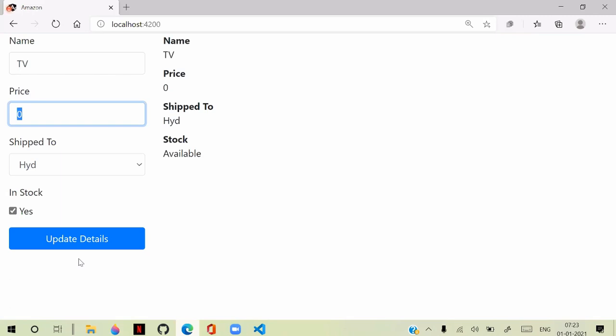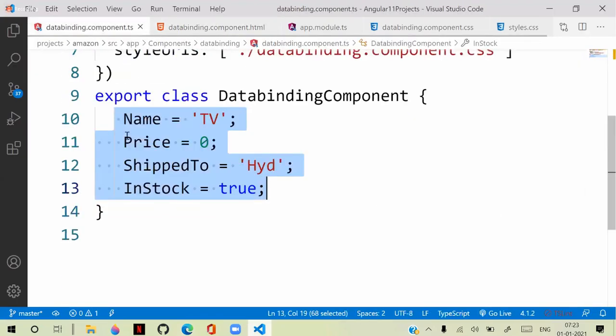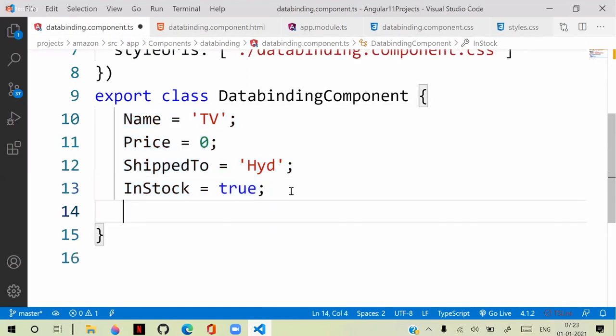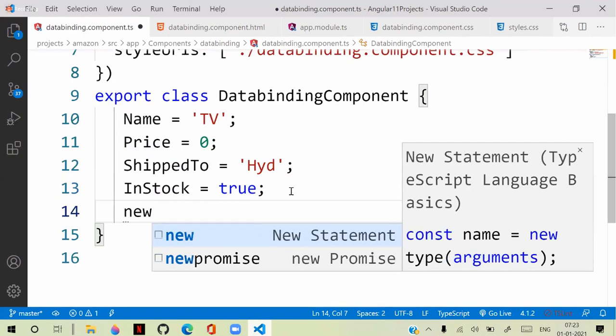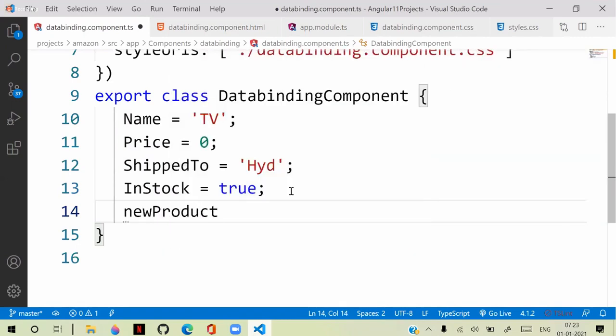We need product related details. Here you can see these are the details for the product, and I am adding a new product, or say new details.